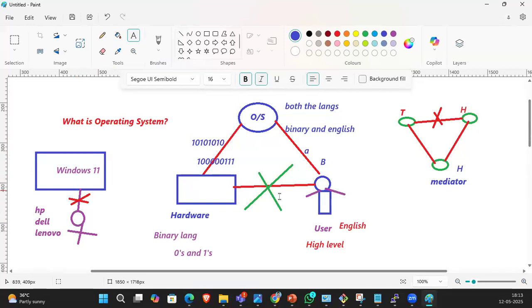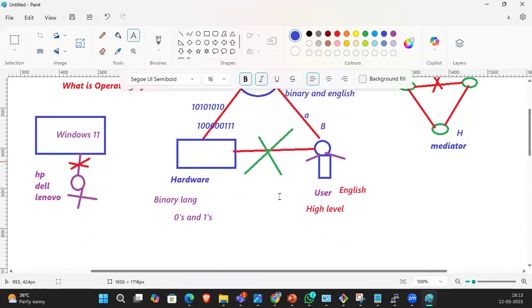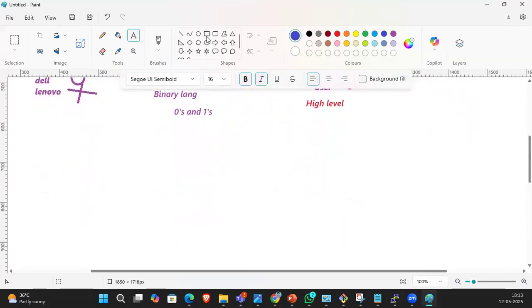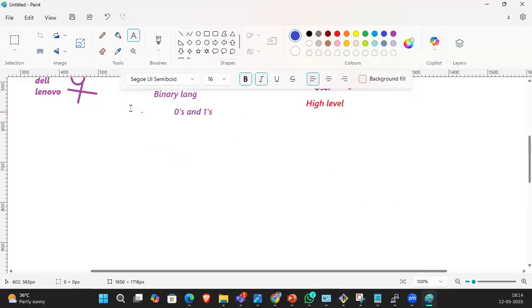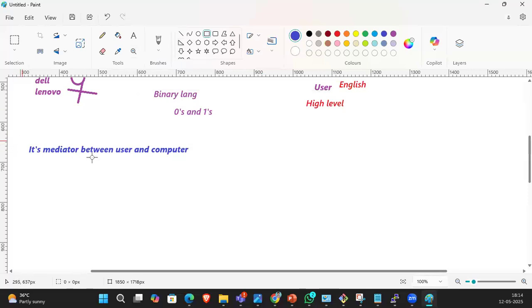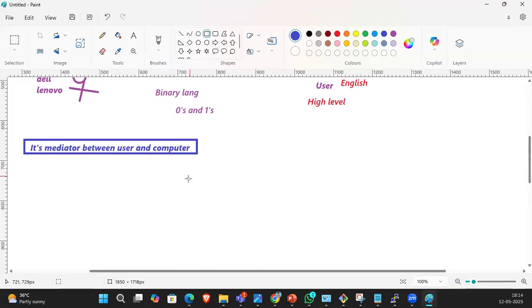So what is an OS? In simple meaning, it's a mediator between user and computer. This is nothing but an operating system.